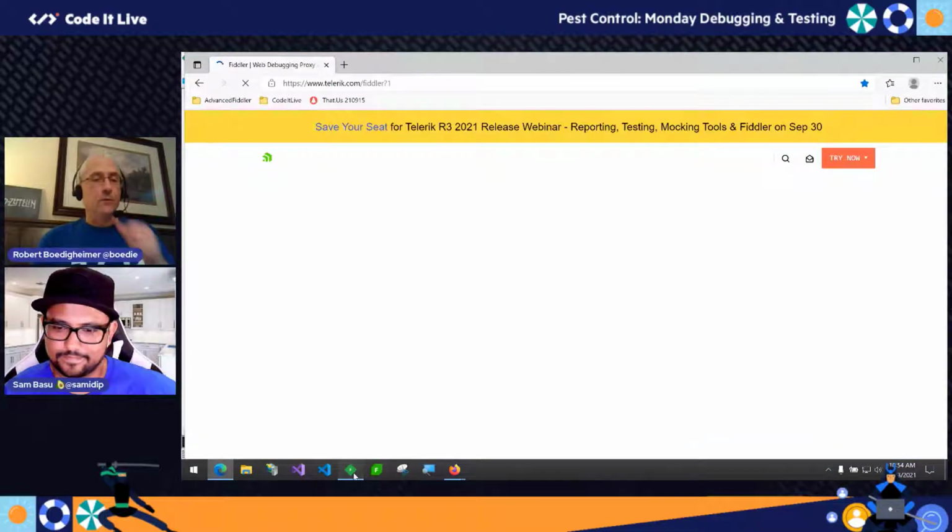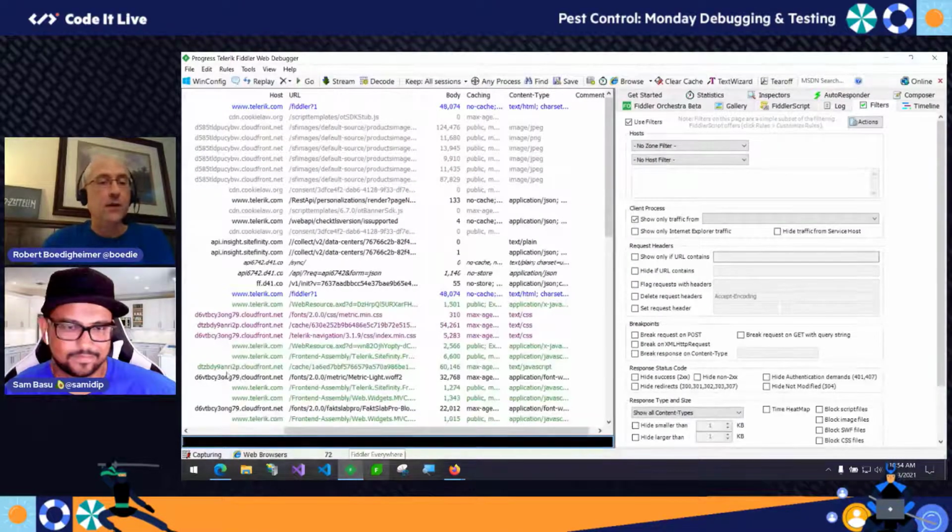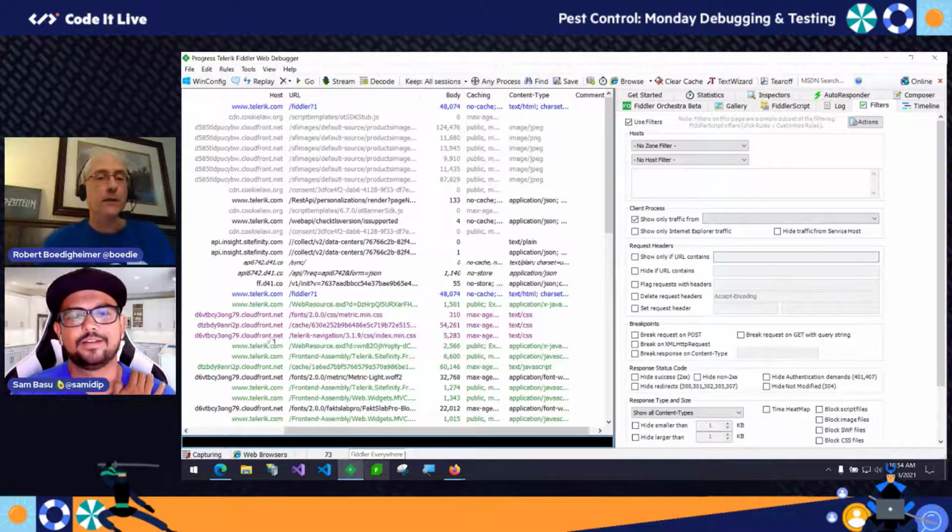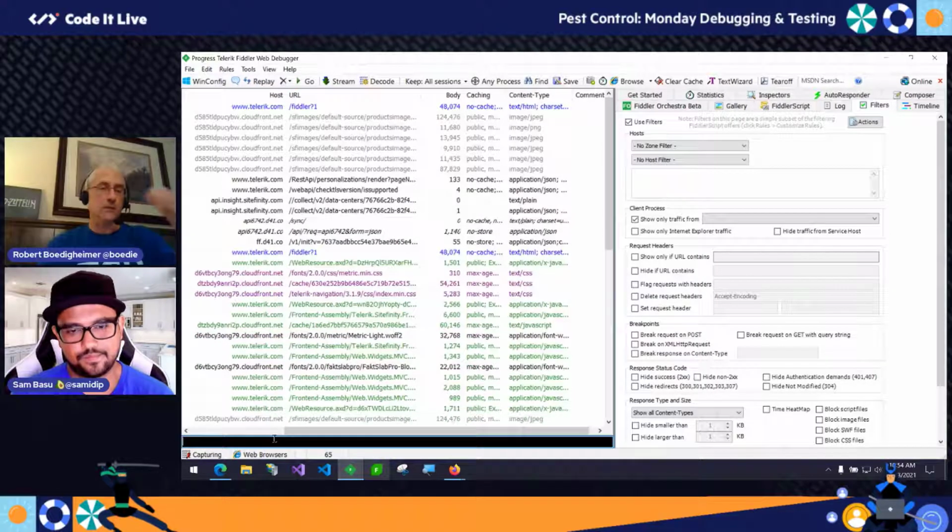So I'm going to do down here, if I see certain hosts up here, like maybe I don't want to see CloudFront, I wrote my own extension, so you can extend this. I'm going to just say I don't want to see cdn.cookielaw.org. And you'll see all those sessions disappeared. So it's just kind of a handy way to troubleshoot through here and only keep what you want. And I was able to extend Fiddler to do that for me.